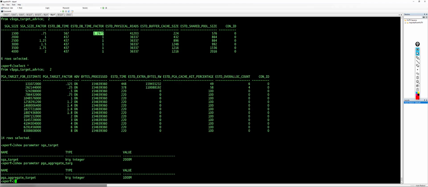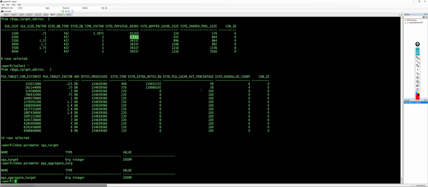So I would not reduce my SGA. Okay, so if my SGA size currently is 1500, then I should increase it to 2000. Then I will get the benefits. I will reduce my time factor from 1.2 to 1, and here I will reduce the physical reads from 41,000 to